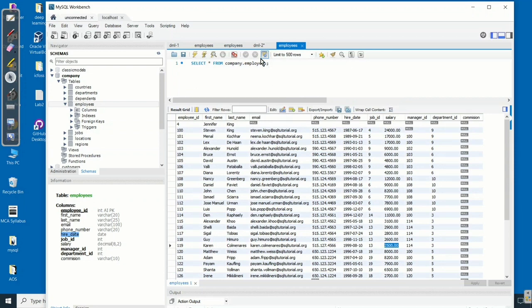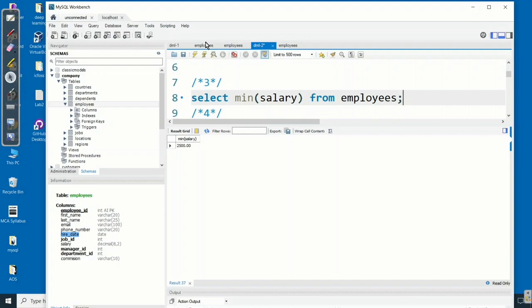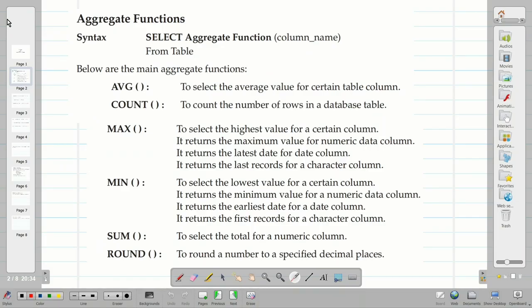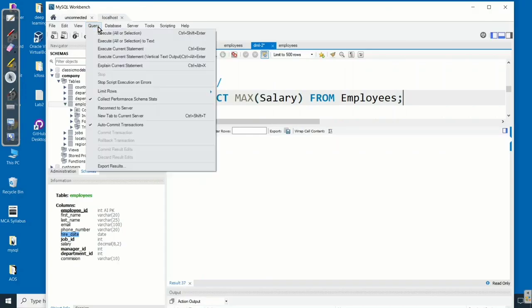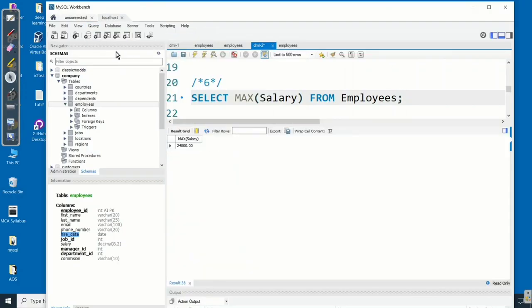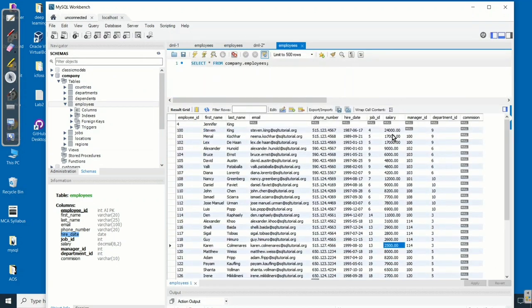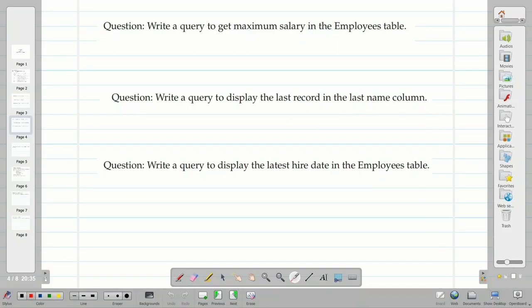You can verify the output with our original table. Then the next question is the maximum salary. How to find that? We can use the MAX function: select max of salary, and it will give you the maximum salary.